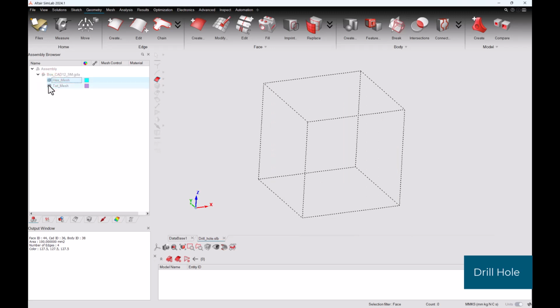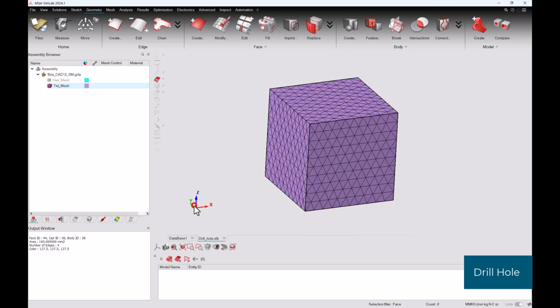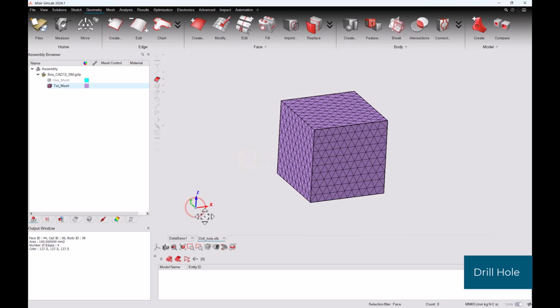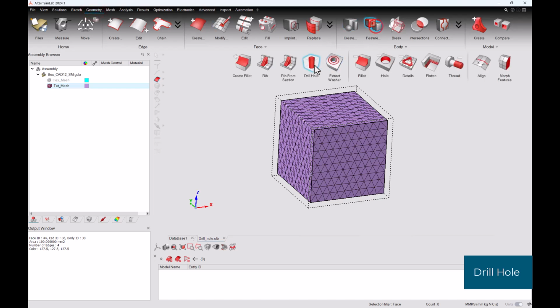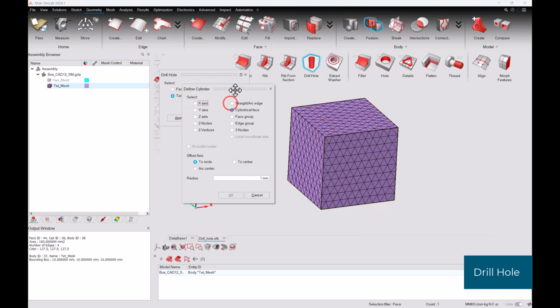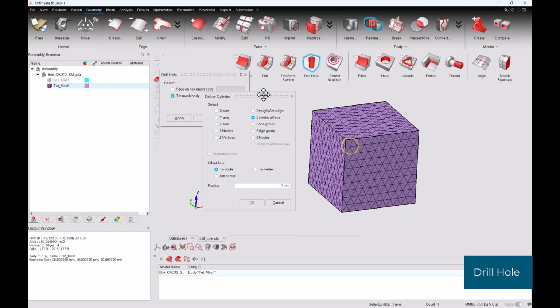Now let's see how to drill a hole on the dead bodies. Similarly, again go to Geometry, Features, select the drill hole option. Here we'll select the dead mesh body option. Select the body, define the axis as Z axis